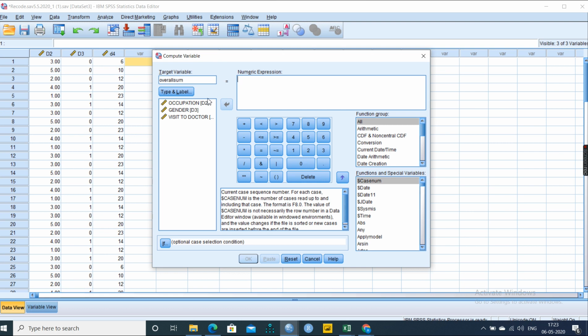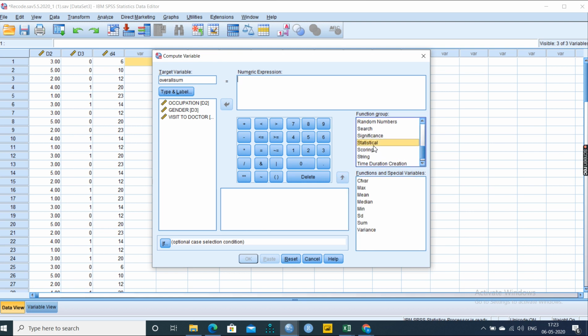We can click Statistical to use overall mean, median, min, standard deviation, sum, variance, max, all these options. So now we are going to find the overall sum.